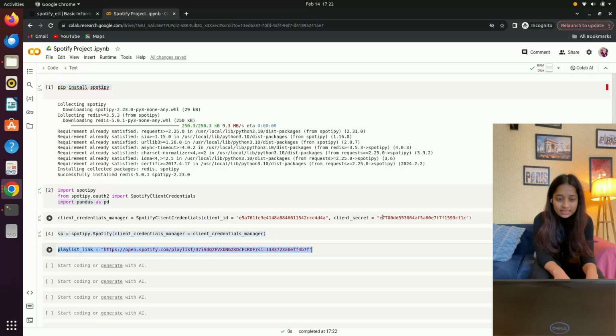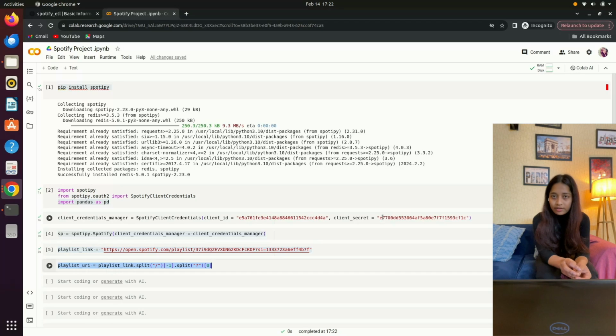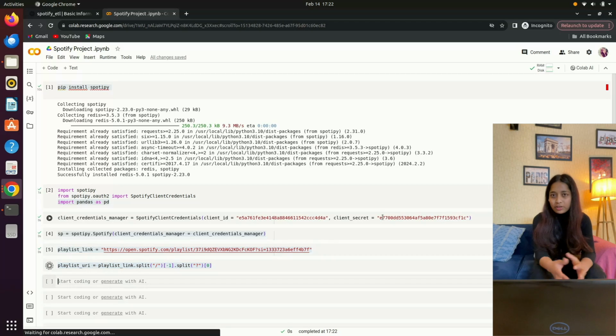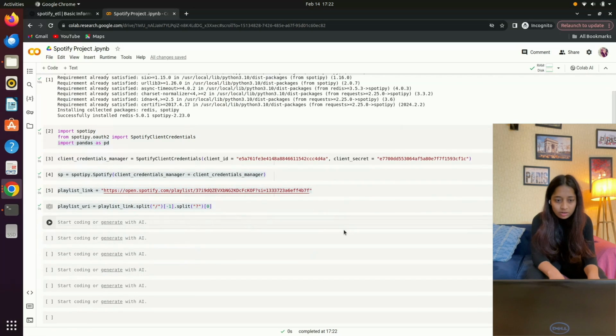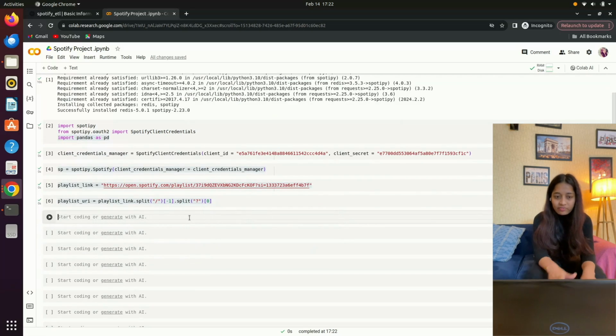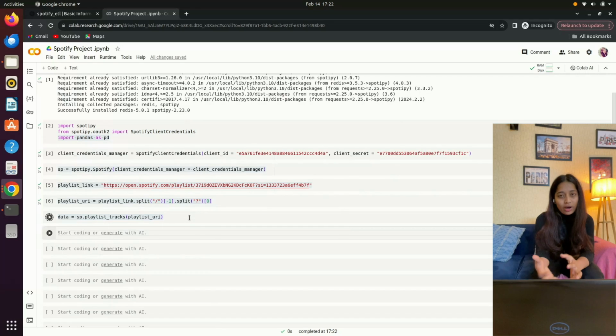Now this is the playlist link. So this is the URL of the top 100 trending songs globally. Now we will extract an ID from this playlist link, which is the playlist URI, which we will use for the extraction. Now we will use the playlist tracks function to extract the tracks available on this URI